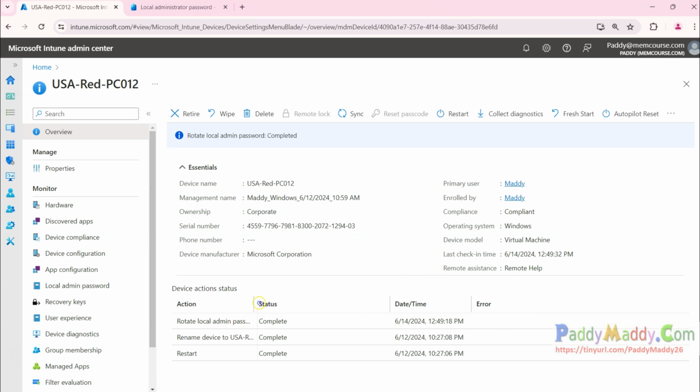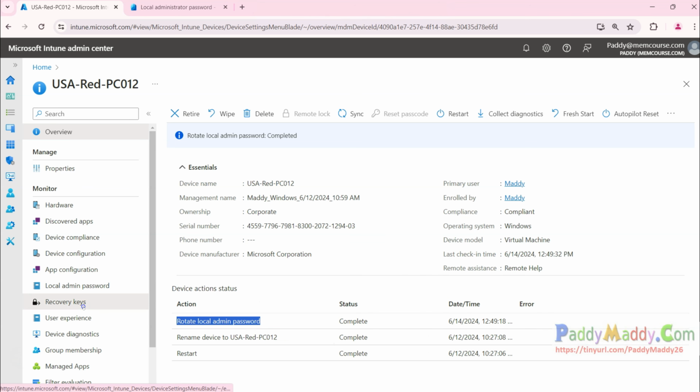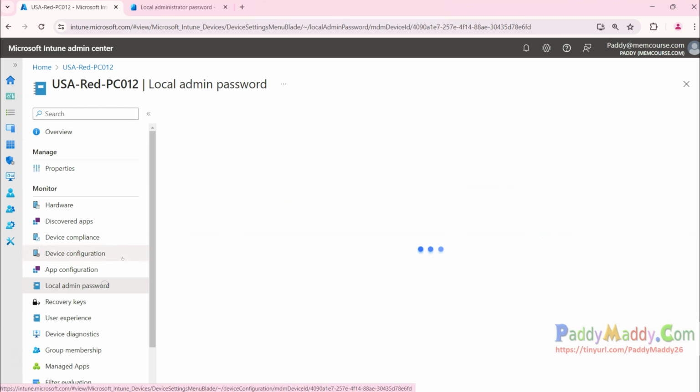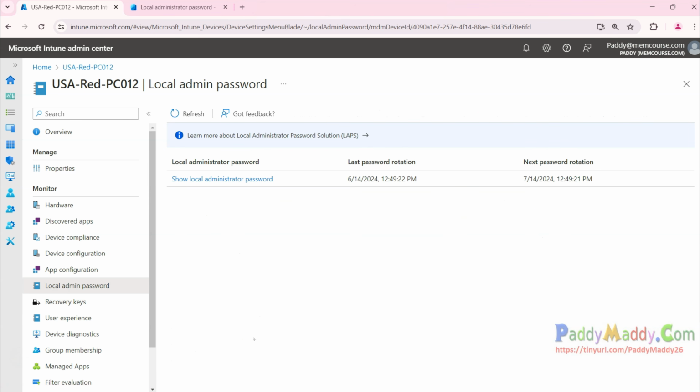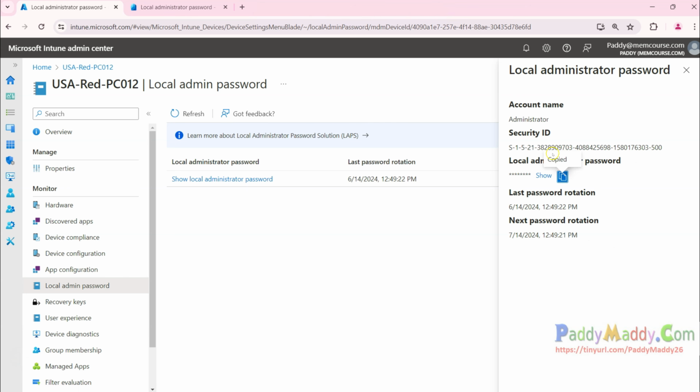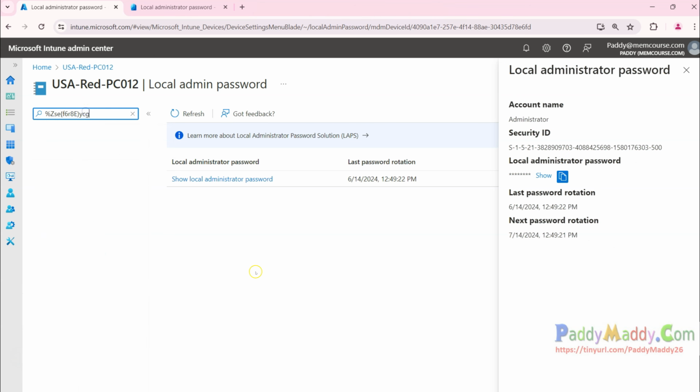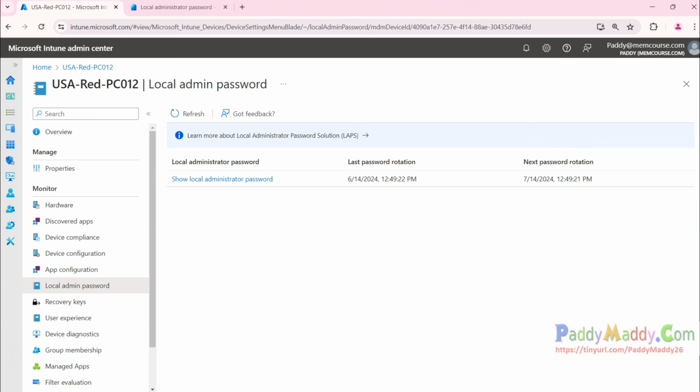And if I try to retrieve one more time, let's see if the same password is coming or a different password from the local admin password. The previous one was ending with I, starting with O. So copy and let me paste it here this time. You see here, this is completely changed. That's how it's going to work, LAPS. I hope this